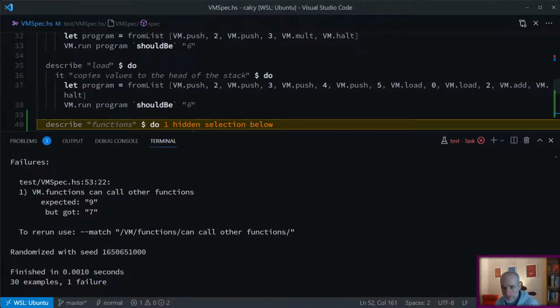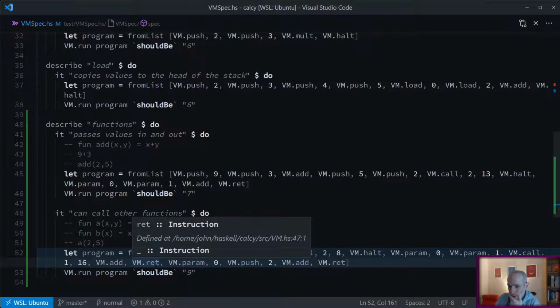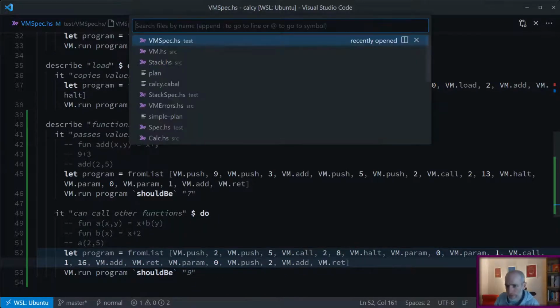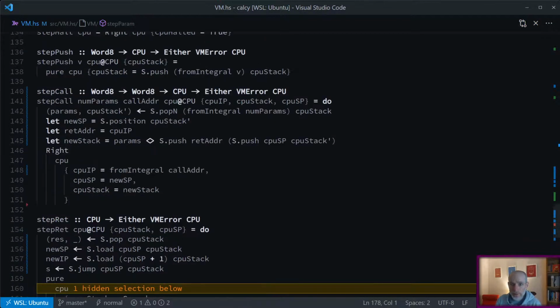Still not quite, but getting close. It's like the second add is not working. Oh, is that something wrong with our return address? It might be something wrong with the return address. Let's have a look and see. So when we call return, we go back to whatever it said the address was at the point at which we called it. So first of all, when we're calling it,